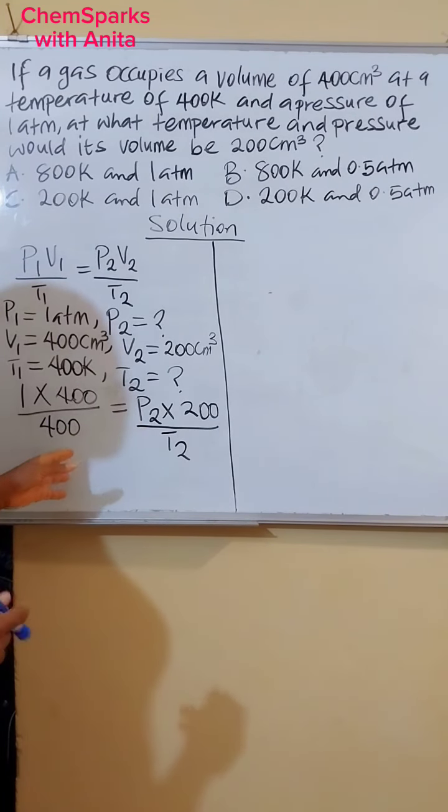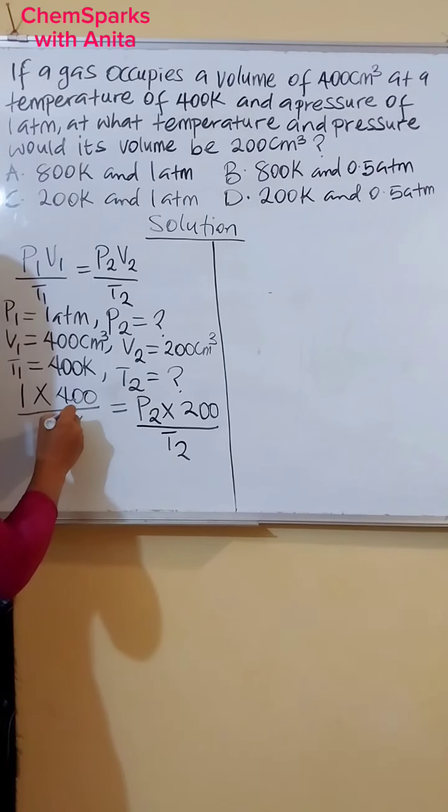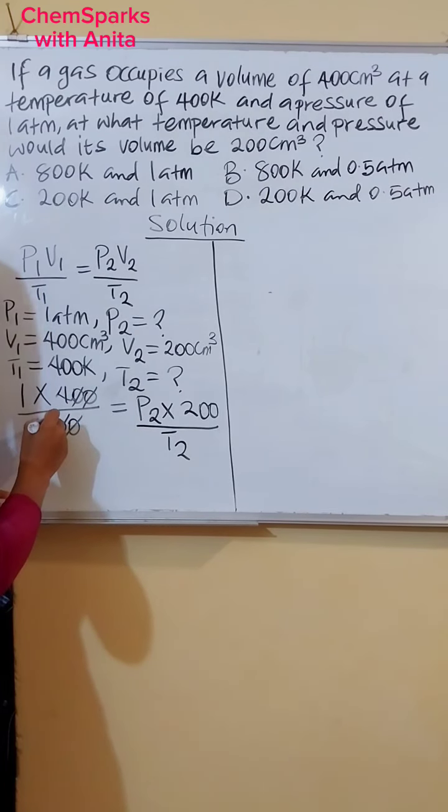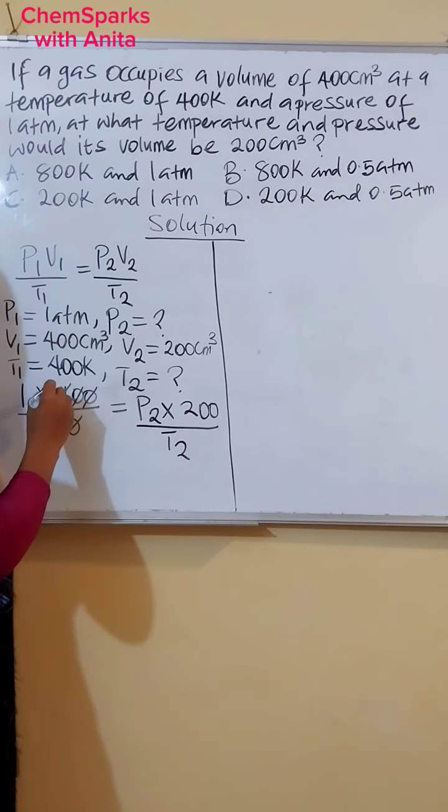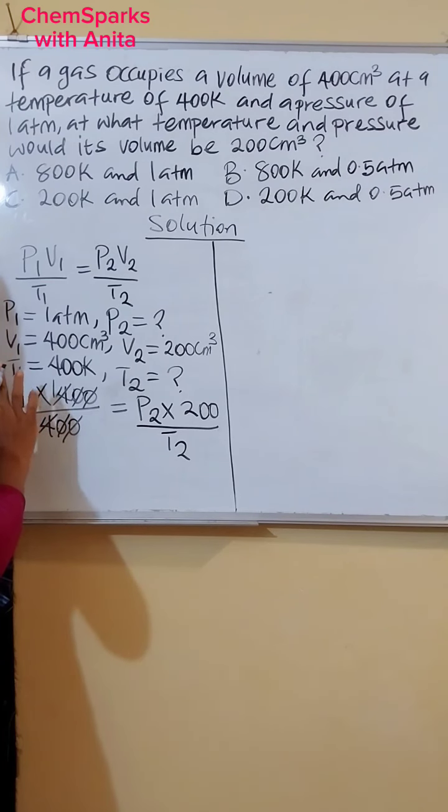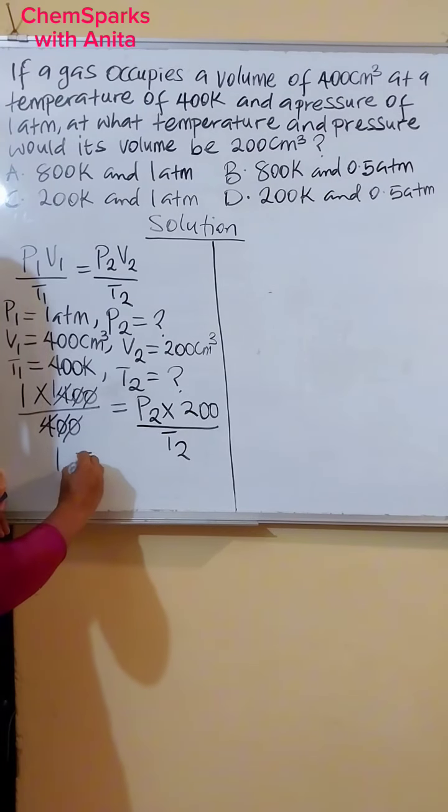Simplify the left hand side, and to do that we have the 0 into 0, 0 into 0, 4 into 4. Then we'll end up with 1. 1 times 1 is what? 1 is equal to